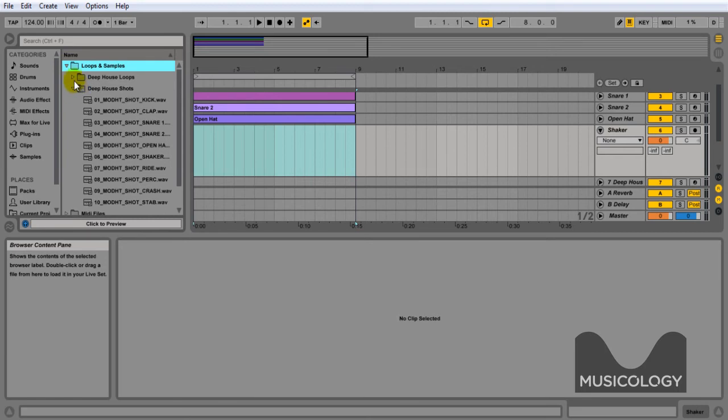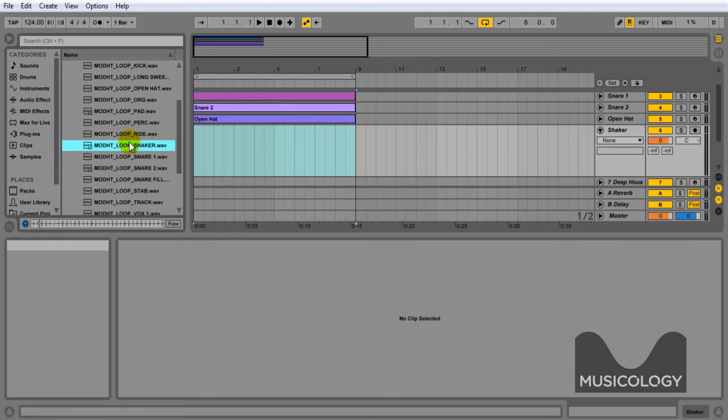We'll go to the loops folder. And you can hear, because the headphones tick there, it will automatically play when you click on it. You hear that mixed in with the rest of the track, which is great for auditioning loops and dragging